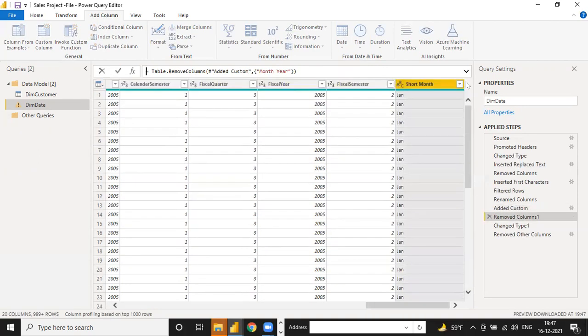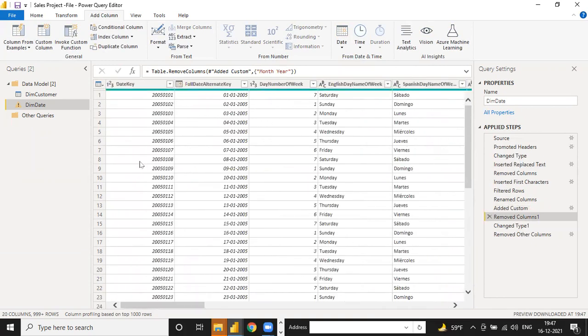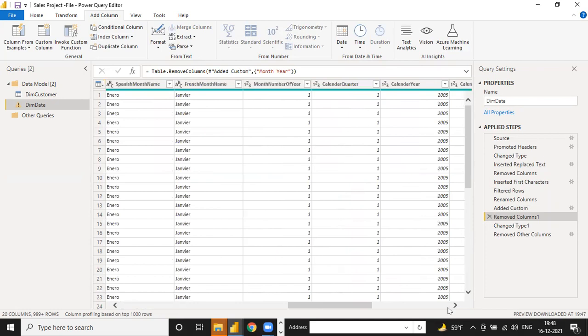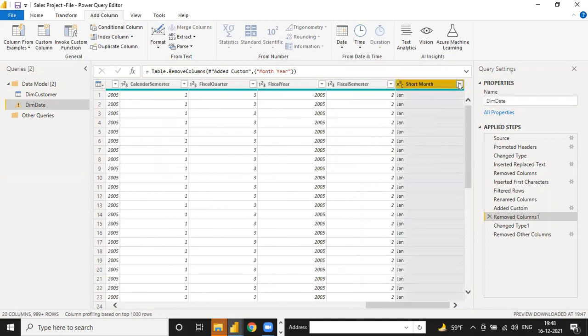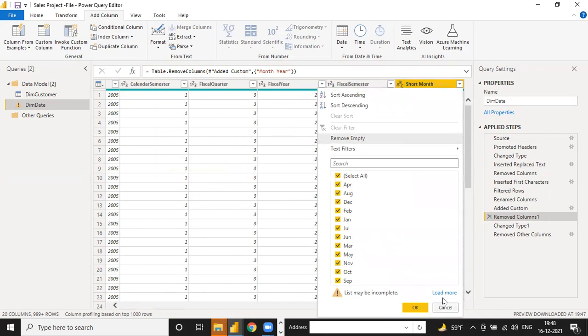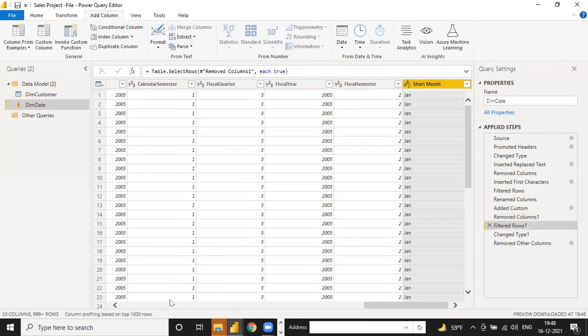So now this is our dim table, guys. This one is ready, like short month. So this one is, guys, the complete date table with our data view. It means data is available in our data. That is why our dim date table is ready. See date key, full date key. So for date key to date key, we have matched your function into the fact table, and it will automatically connect with your data. Now if I right click on short month we have, if you click on this, April, March, all the dates are okay, and click load more. So total of 12 months we have: 1, 2, 3, 4, 5, 6, 7, 8, 9, 10, 11, 12. Yeah, this one is okay.